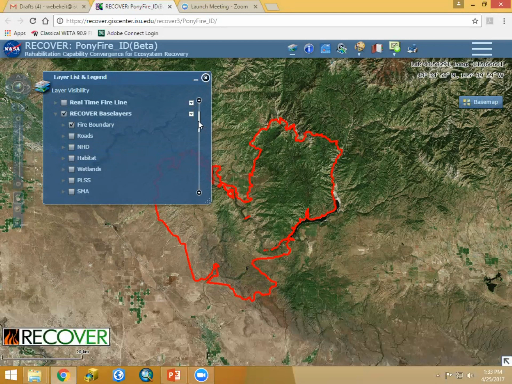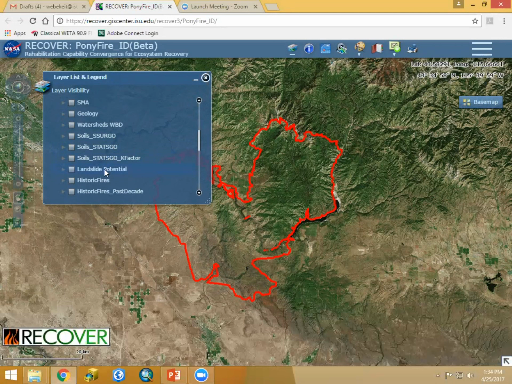Let's go down here, kind of take a look at what we have. Roads, National Hydrography Data Set, Habitat, Wetlands, Public Land Survey System, the section lines, Surface Management by Agency, General Geology, the Watersheds Boundary Data Set, 2 different types of soils data from NRCS. There's the 1 to 24,000 Surgo data, 1 to 100 or 1 to 250,000 scale StatsGo, then a raster layer specific to the StatsGo based or derived K-factor, erodibility factor,